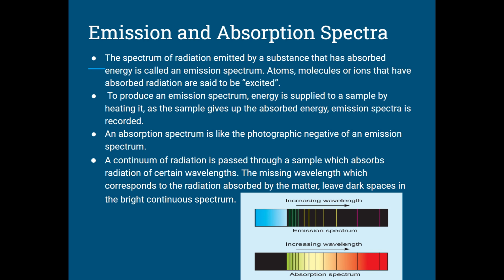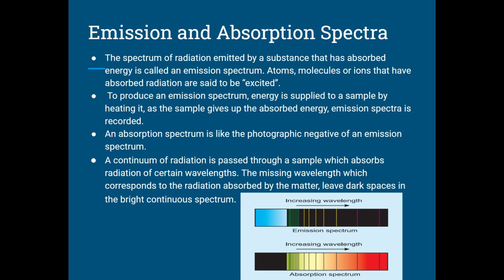energy. And absorption spectra is just the opposite of it, when the substance is absorbing. Look at the third point that I have written. It says absorption spectra is the photographic negative of our emission spectra. In case we have obtained the emission spectra, as I told, a substance will absorb the energy, get excited, excited states are not stable, so it will get de-excited and will radiate the energy, or better I should say emit the energy. This spectra corresponding to this emission of the energy is emission spectra, and the photographic negative of the emission spectra